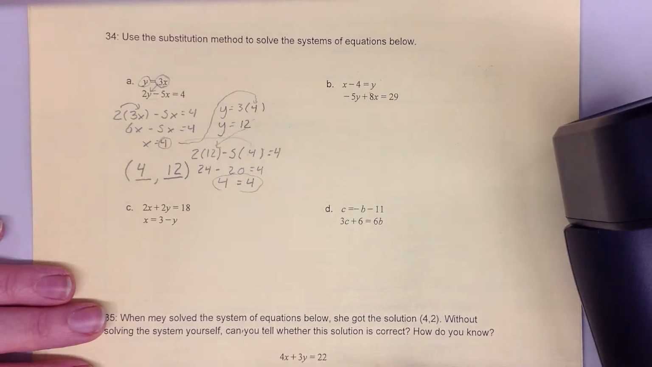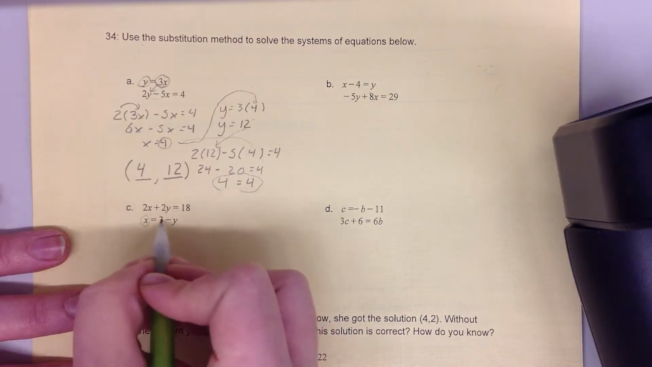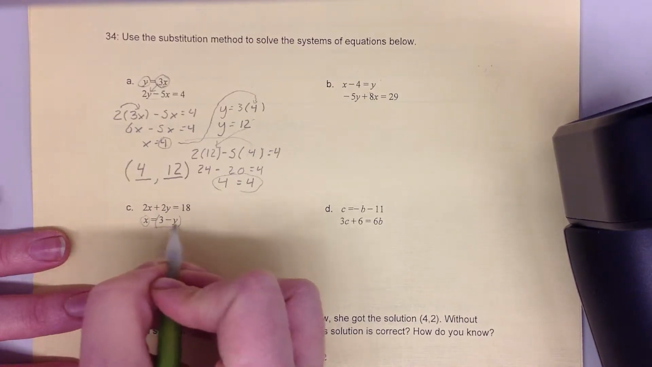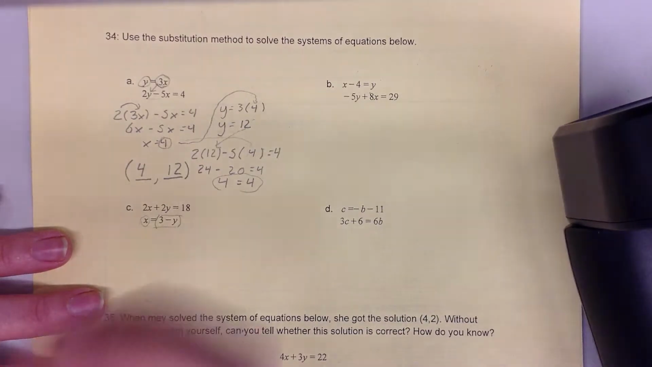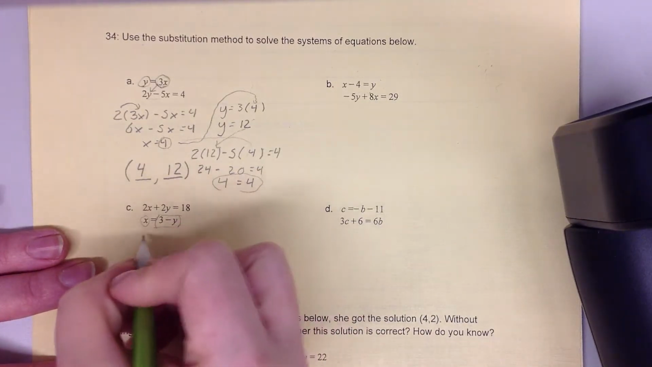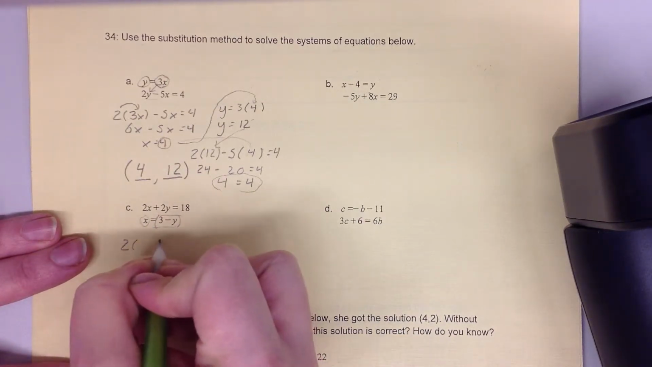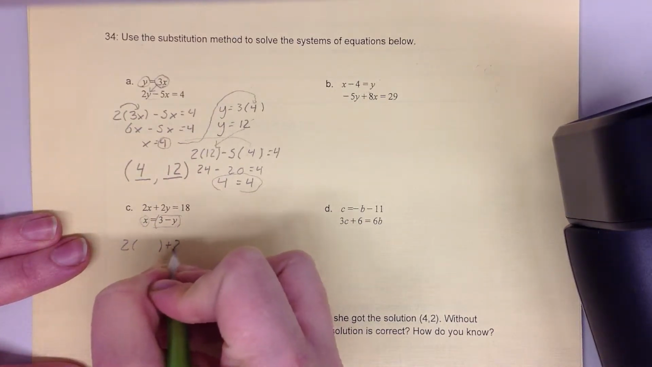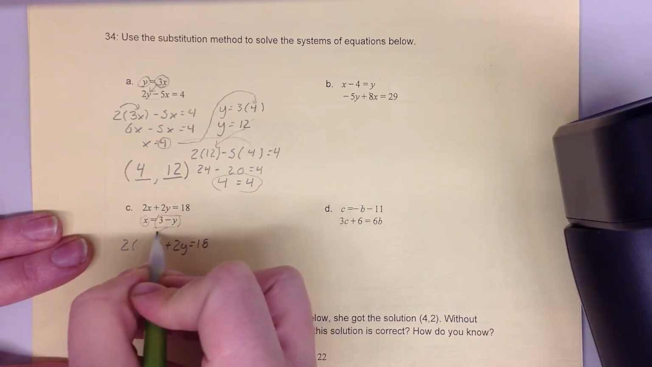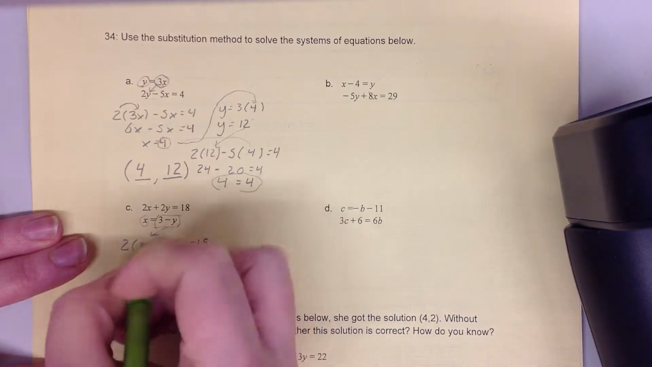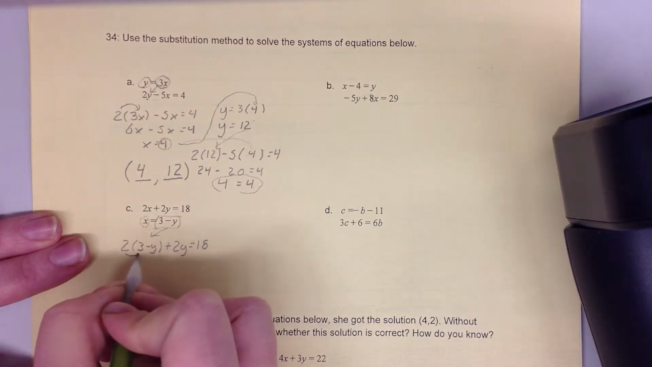C. So in C, I have something that I could substitute in for x, right? x is set really nicely to this very small expression. So in my top equation, I'll leave some room to write something in for x plus 2y equals 18. And then what am I substituting in? Everything that x was equal to. So 3 minus y. So then I will distribute